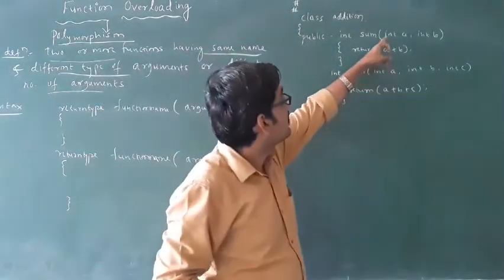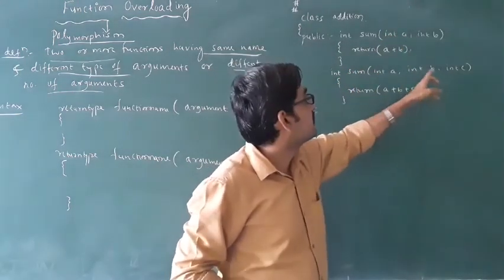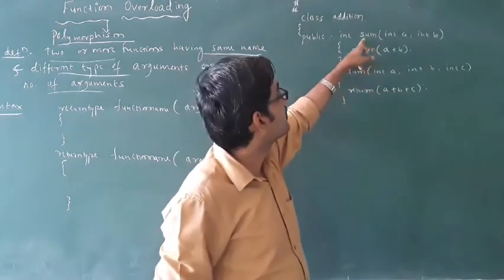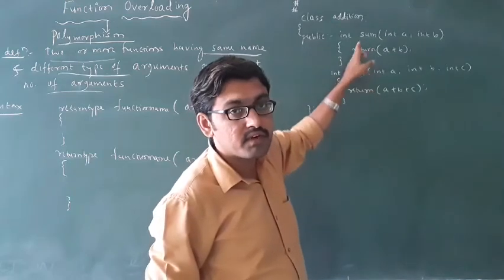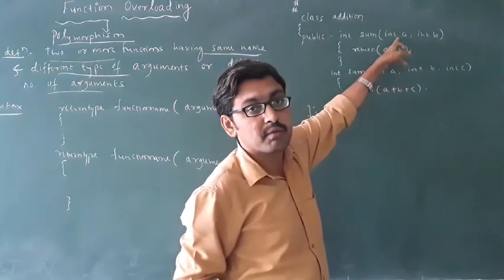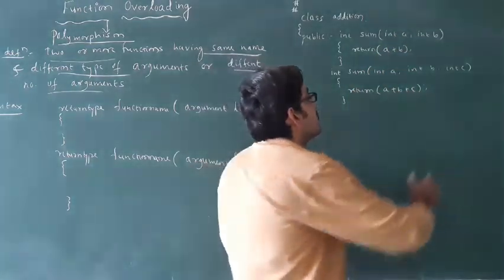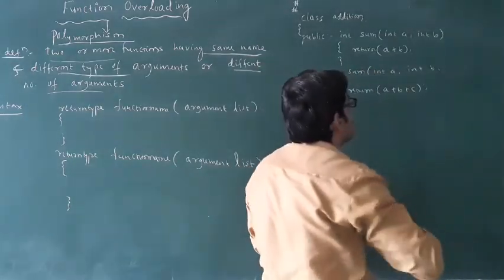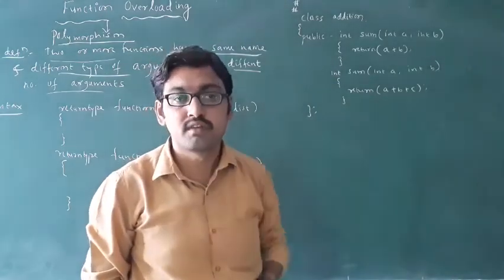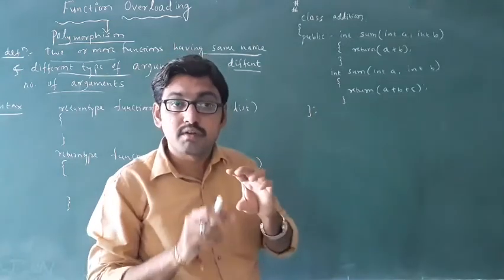See, here the same data type is there, int. What is the difference in these two functions? See, you have the same function name but a different number of arguments. Here I am using two arguments, but here I am using three arguments. If you write only two arguments, this is not function overloading. Okay, same function name you are getting, but what is the condition?